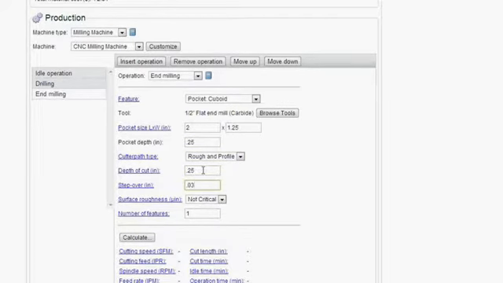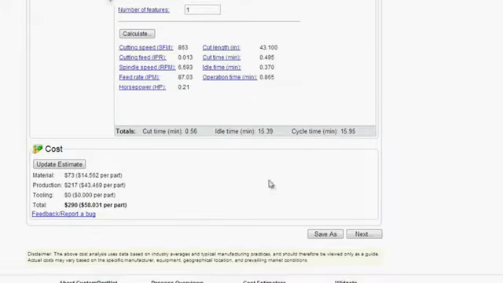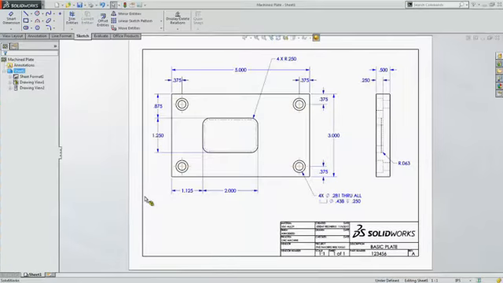Once all of this is done, you can press calculate one final time. You're presented with a cost at the bottom of the page. It not only includes the cost of the entire run of 5 parts, but the cost of each part as well. This is a great way to get a general idea of the cost of your parts before you actually manufacture them. But as you saw, this process can be a bit time consuming, especially if you had a significantly